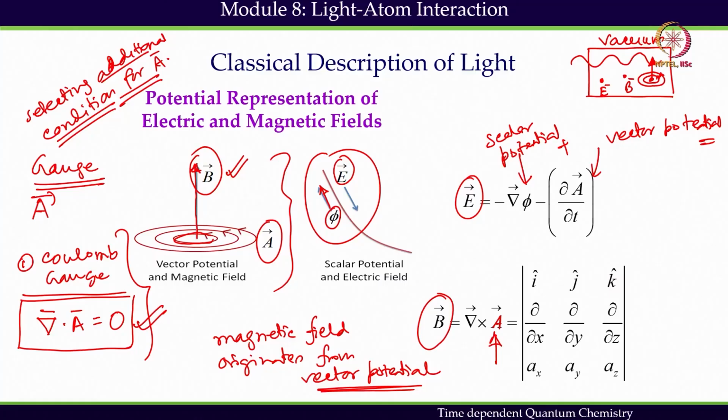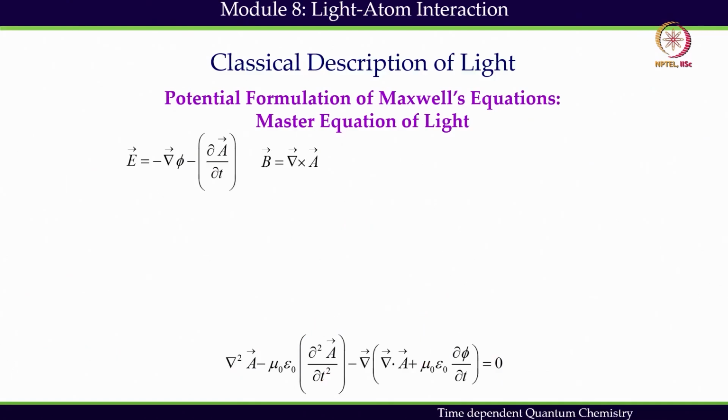So we imposed one additional condition, which is called selecting a gauge. What gauge have we used? We have used a Coulomb gauge, where we are assuming that the vector potential which is giving birth to this magnetic field is divergence-less. And with this extra condition, we can